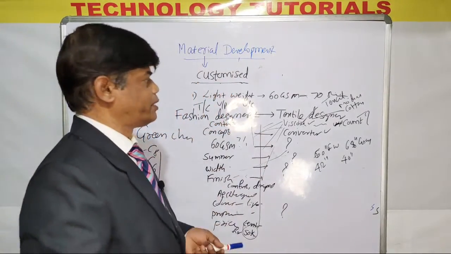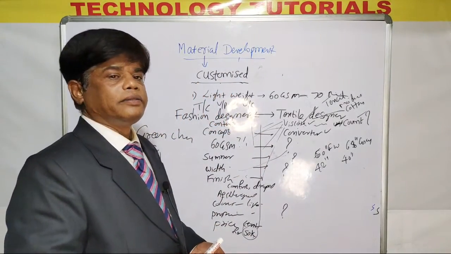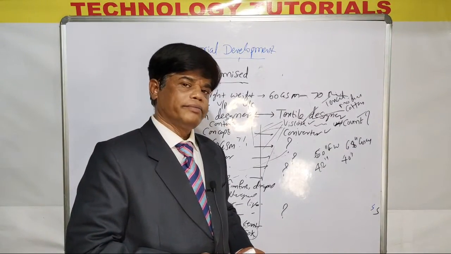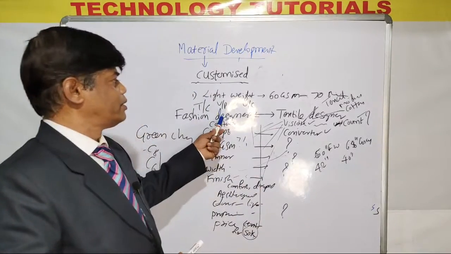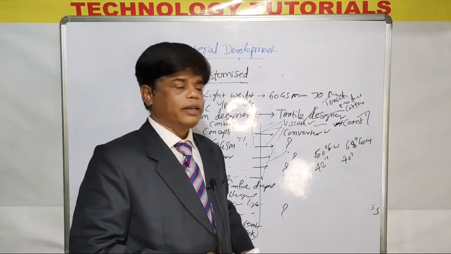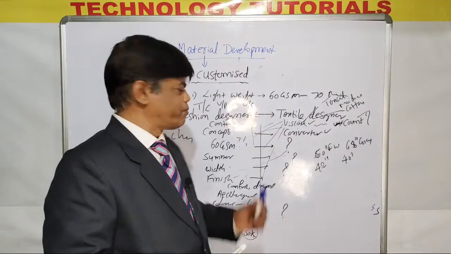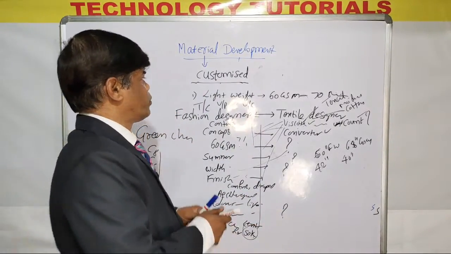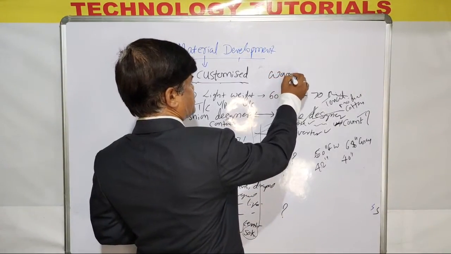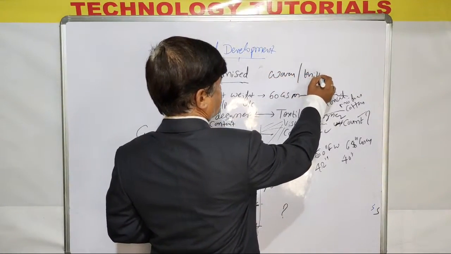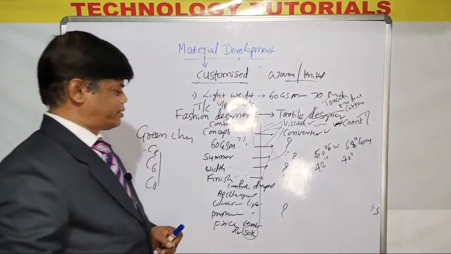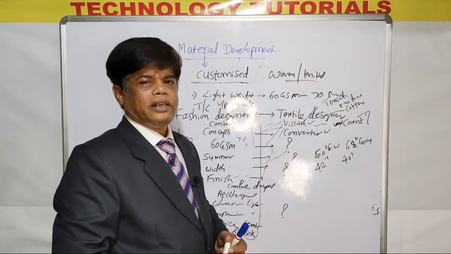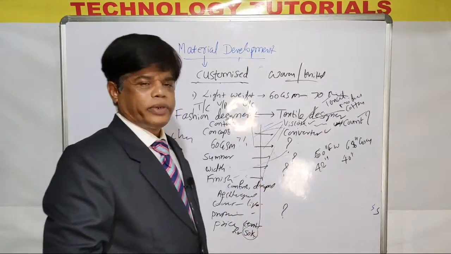Now, this customer development requires a minimum of 100 to 500 meters to be woven in the mill. And sometimes, instead of woven fabric, can we go for knitted fabric? If the buyer can go for knitted fabric, there is also that question: instead of woven, he can go for knitted. By whatever means, the product has to meet the requirement. These are the questions to cook.